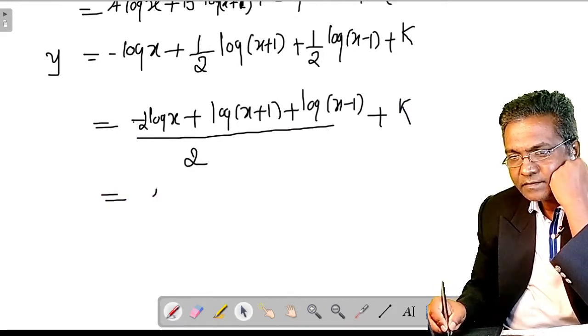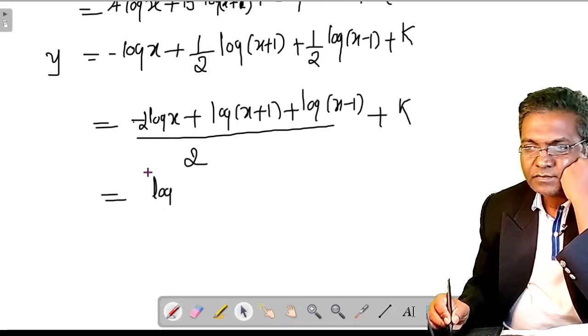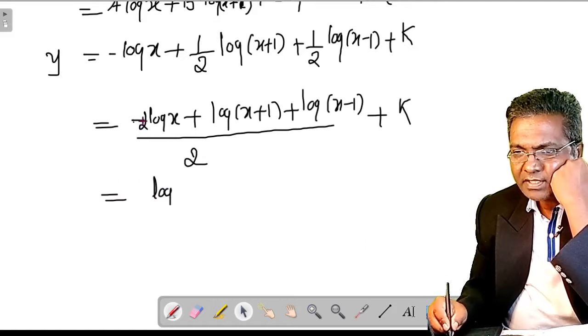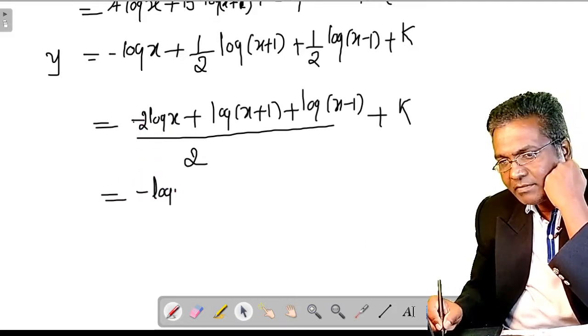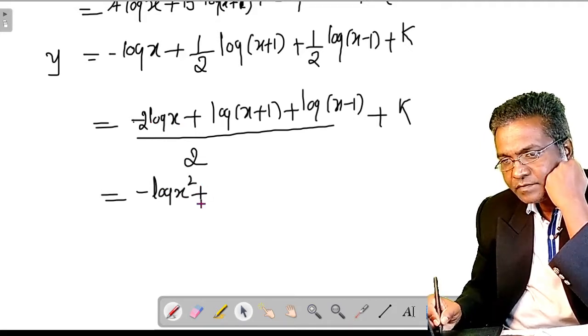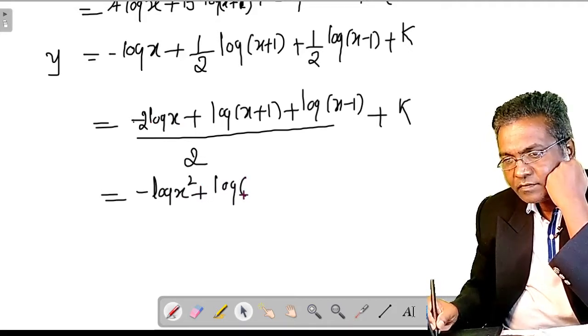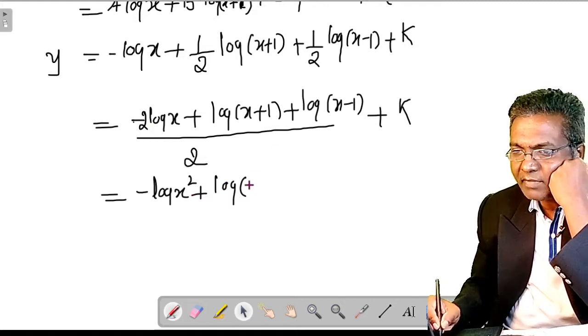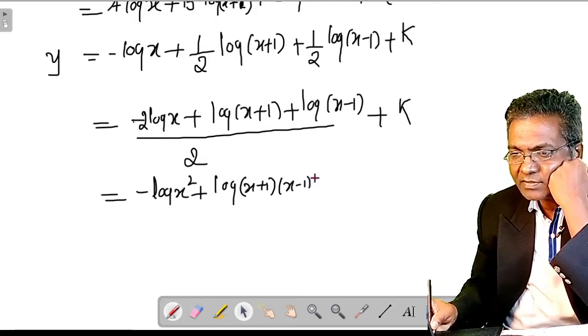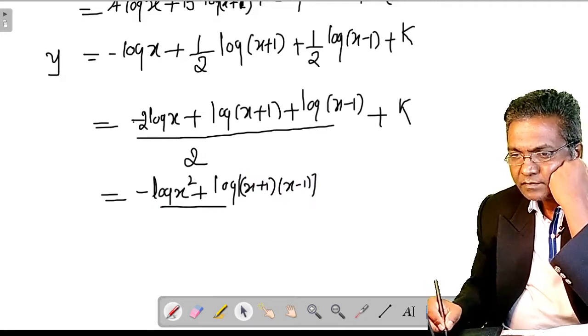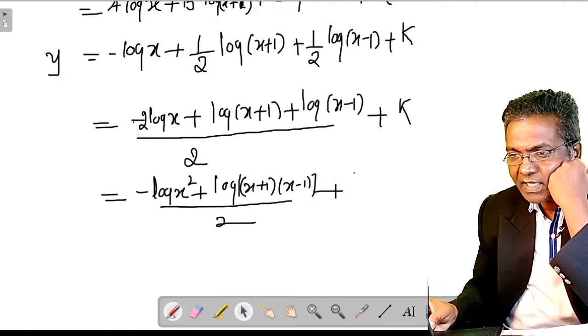Further, this minus 2 can be written as, or you can write minus as it is, 2 log x can be written as log of x square. Log m plus log n is log mn. So I can write log of x plus 1 into x minus 1, by 2 plus k,